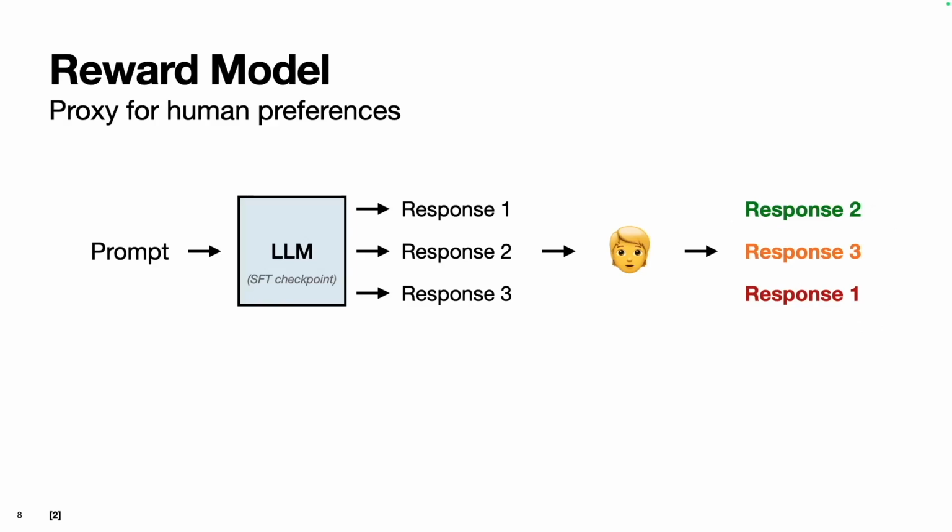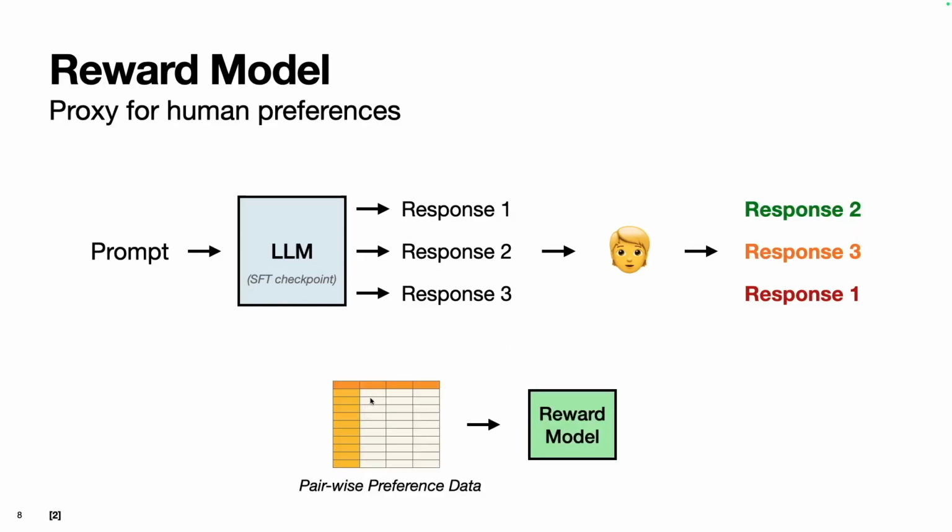So humans can do it much faster, which allows you to have a lot more training data. And so you can take these rankings and then you can create these pairwise preference data sets. So you can basically say we have response 2 and response 3, and response 2 is preferred. So we can take 2 responses and use that to train a reward model, basically to predict which of the